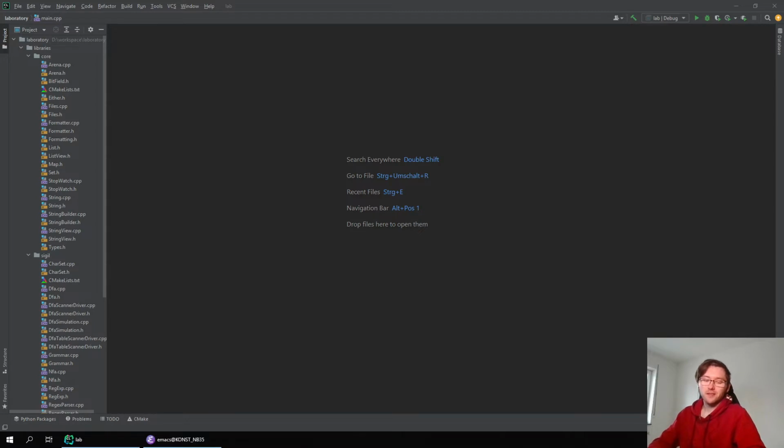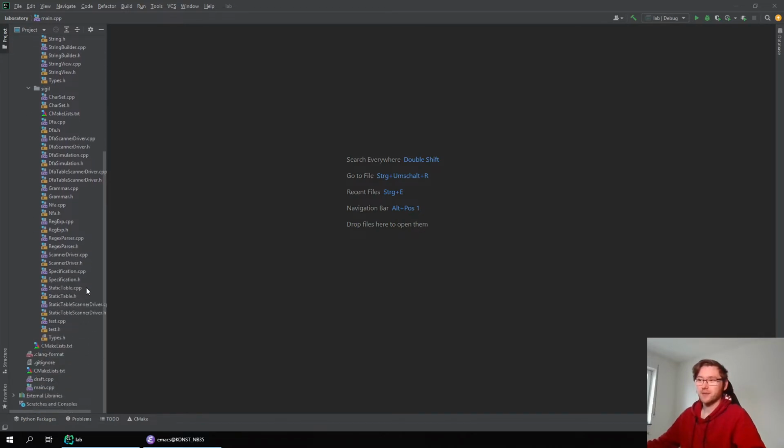So we are building a scanner generator library, and the last time we worked on this project, we left it in quite a mess. And yeah, I'm going to clean it up today, basically. So let's have a look. What did we actually do? So I think in our main class,